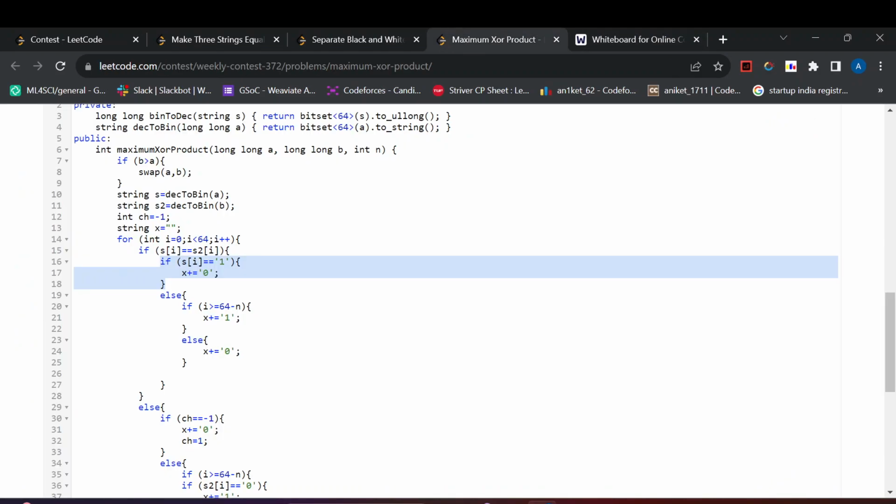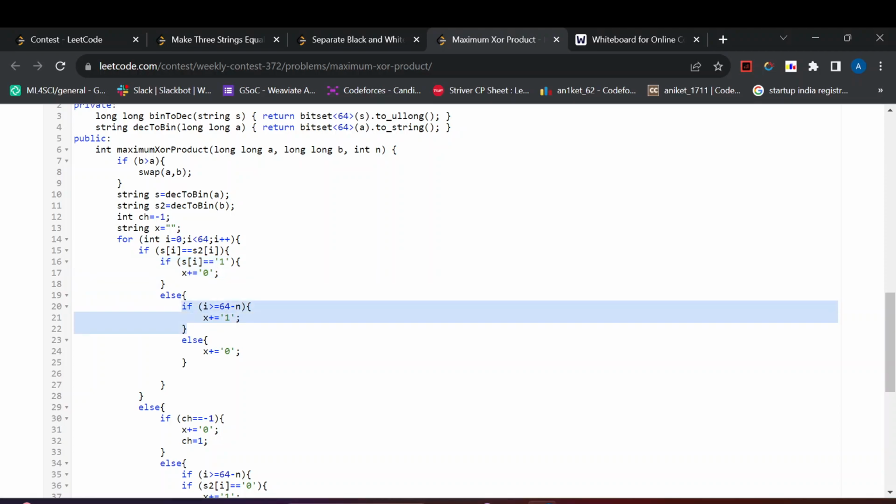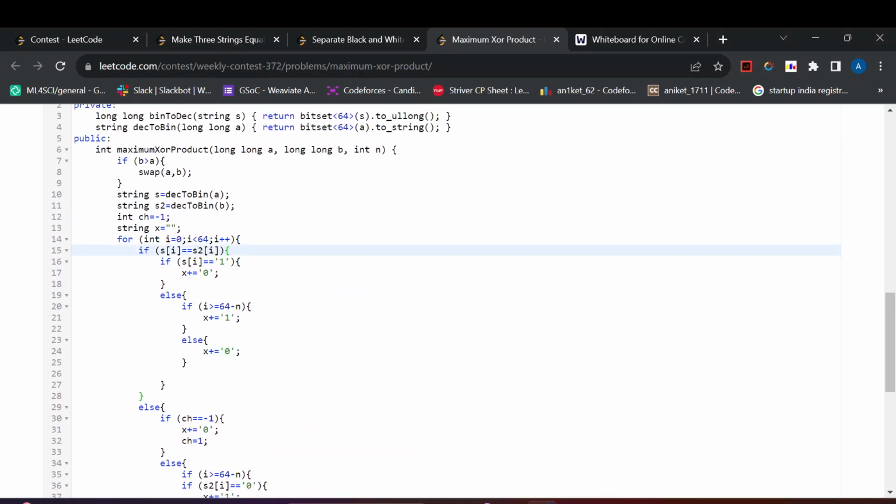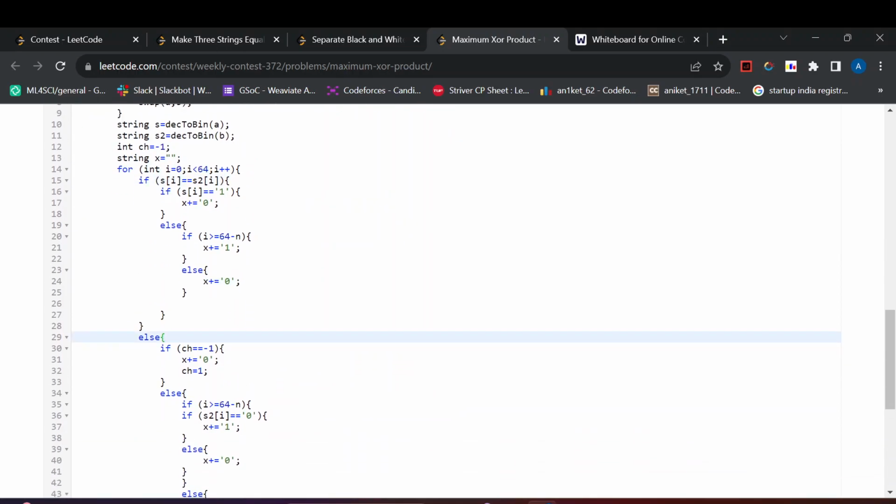And if it is not, then we have to check two conditions. We have to check if the current i is greater than or equal to 64 minus n. So this is just for checking if the bit is within the last n bits. If it is within the last n bits, we can make it 1, or else we cannot change those bits. We have to just append 0 to x. And then if they are unequal bits,